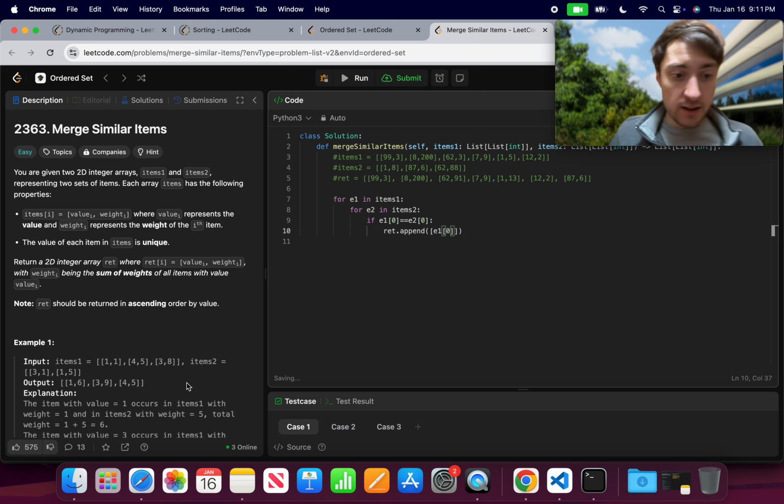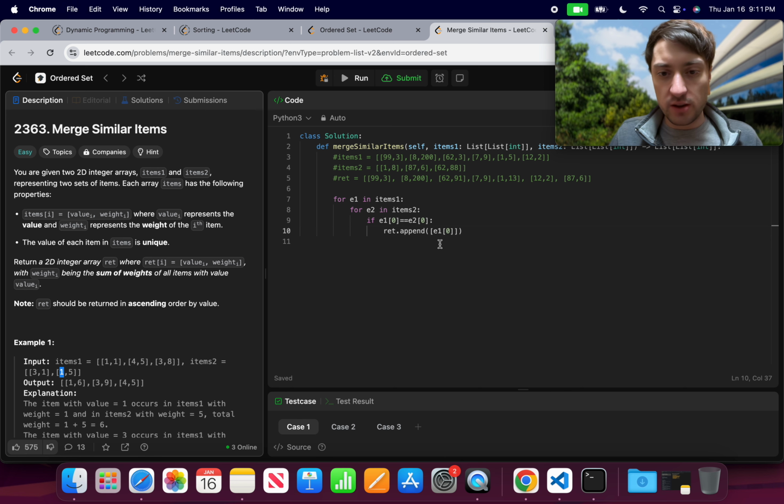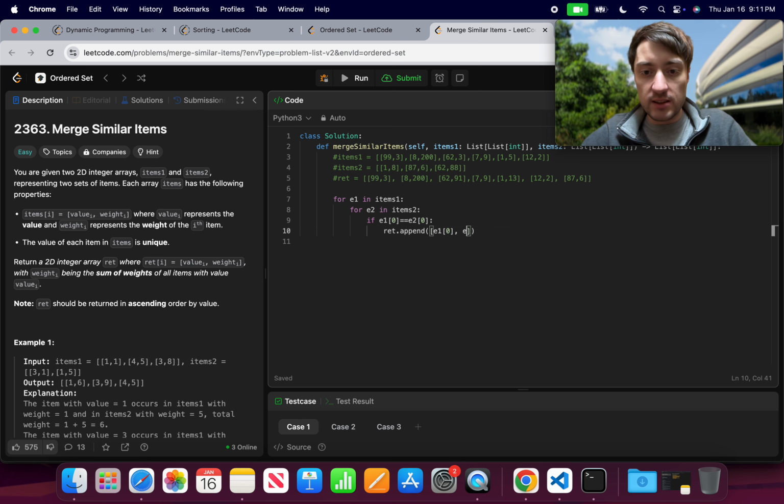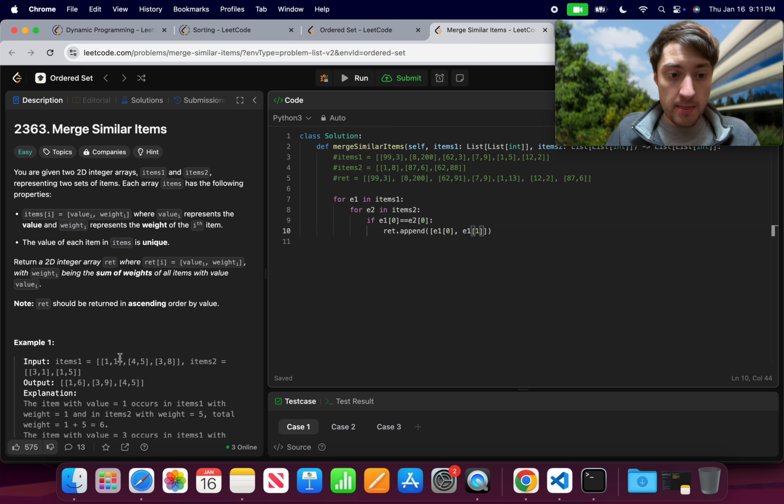So we're appending two things, and remember, if they are equal, like for example, this case and this case, the value is equal, so I want to append this 1 first. That's what I'm doing. E1 indexed at 0, so E1 indexed at 0 here. It's the first, and then second element is the weight. And what is the weight? It's E1 indexed at 1, right? Right there. E1 indexed at 1